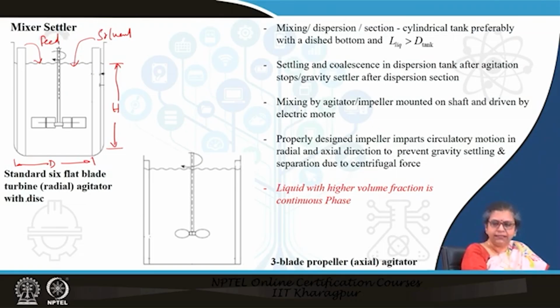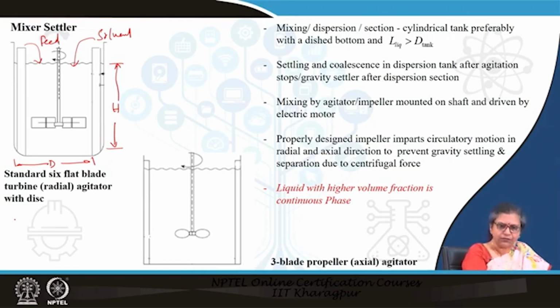Generally, the liquid which has a lower volume fraction among the two forms the dispersed phase. If feed is in a lower proportion, that gets dispersed. If the solvent, which is generally the case, is in a lower proportion, then that gets dispersed. Generally we prefer the solvent to get dispersed,